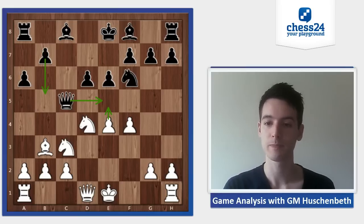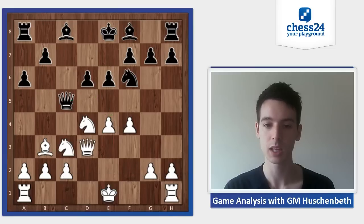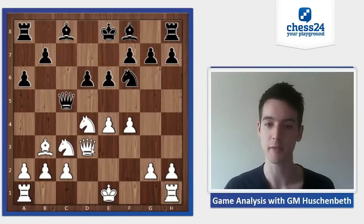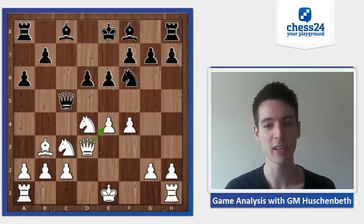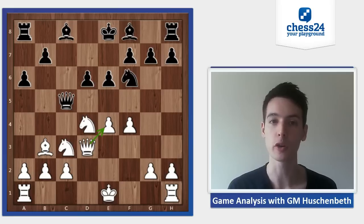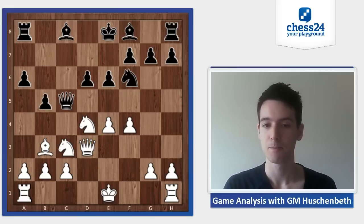Okay, so here I played Queen to d3, obviously preparing queenside castle. And I wasn't sure if I should play the queen to d3 or d2, but I thought it might make sense to play the queen to d3 in order to protect the pawn on e4. I mean, there are certainly advantages to both moves, and it's not easy to say which one is better, Queen d2 or Queen d3. So b5,